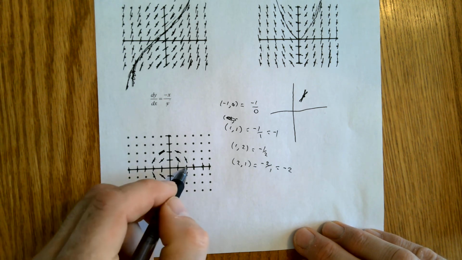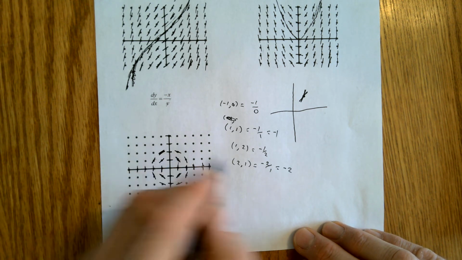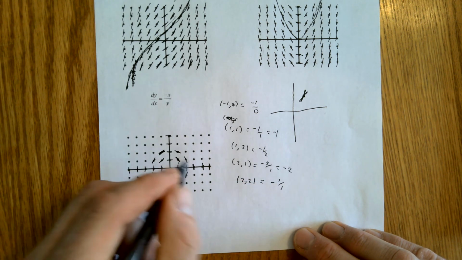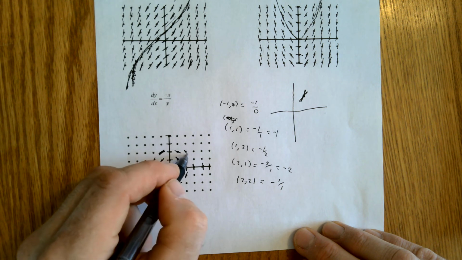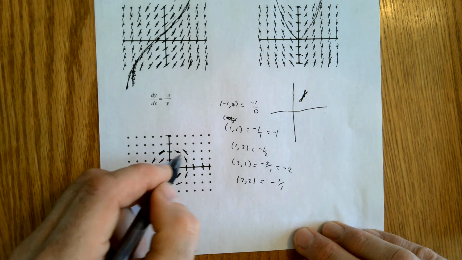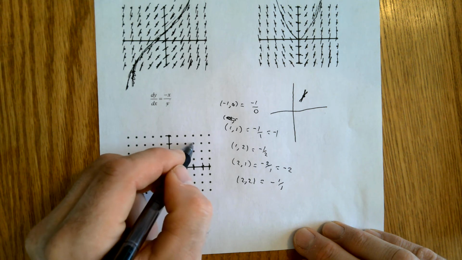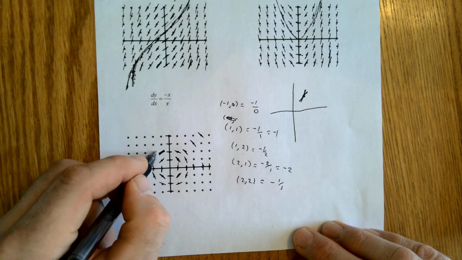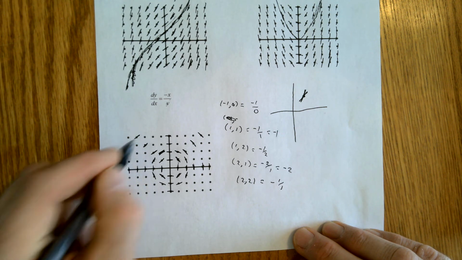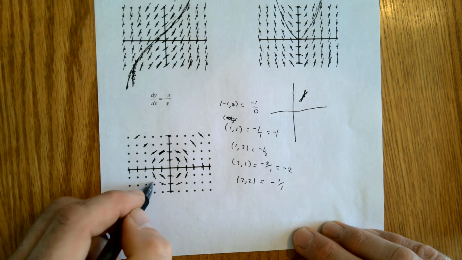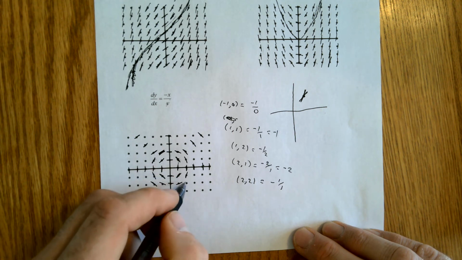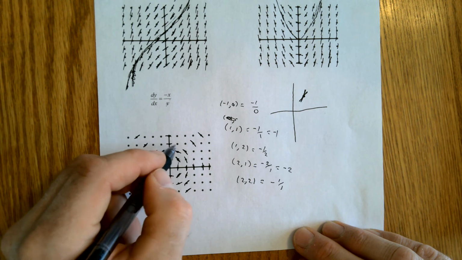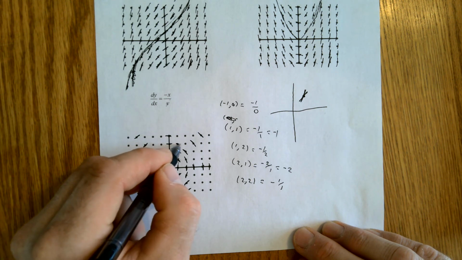So here, let's do another one at 2, 2. At 2, 2, that's going to give us a slope of negative 1 over 1 again. So we're going to be back to here. And really, I guess we can do the commonalities here. At 3, 3, it's going to be the same, and 4, 4. And then these are all going to be the same as well. So nice slopes there, nice perfect diagonals. Put these in here. And as we work our way out, we know that these are going to be